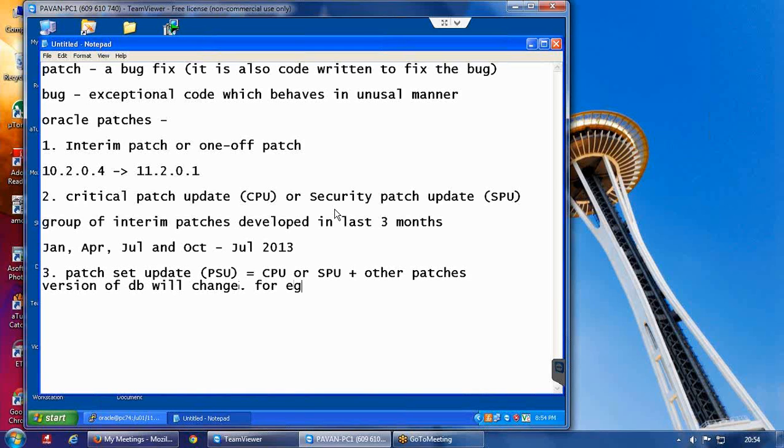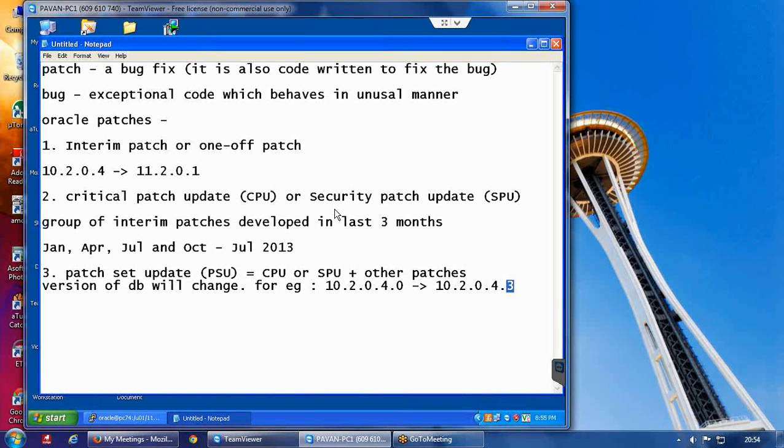For example, a database of this version may become something like this. The last number, the 5th digit, changes by applying the PSU, patch set update.